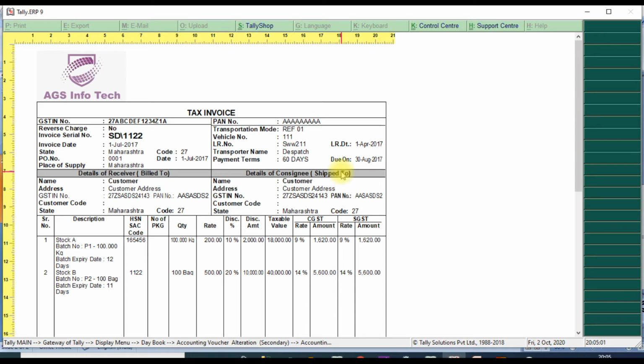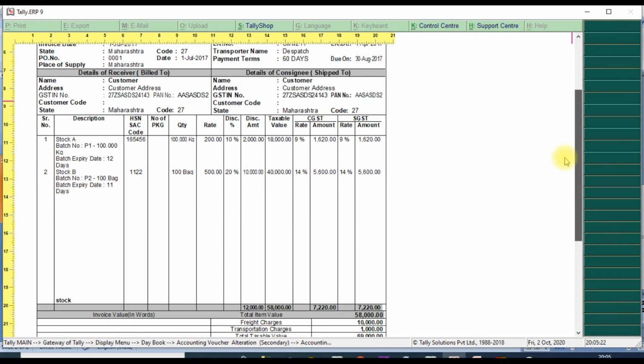Then it will go to bill to and ship to. You will change where to bill and which customer to ship to, that place, destination, location. This is bill to and ship to, where the location is, and finally we go to inventory details.